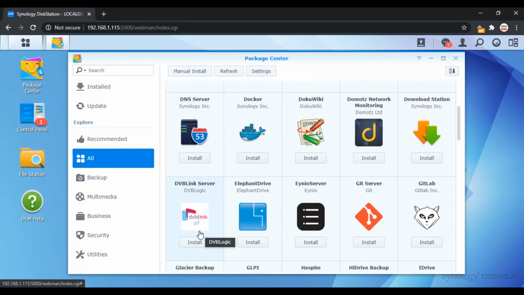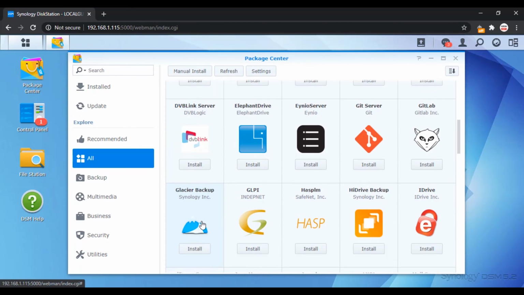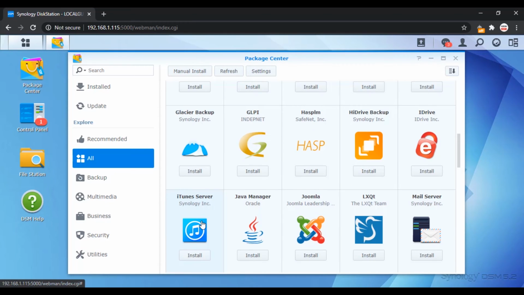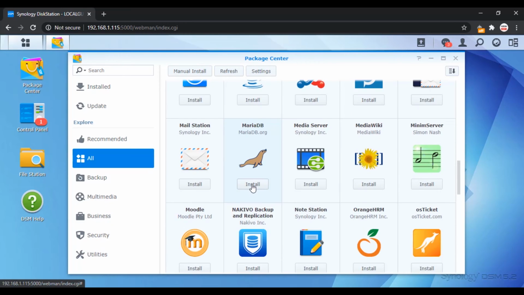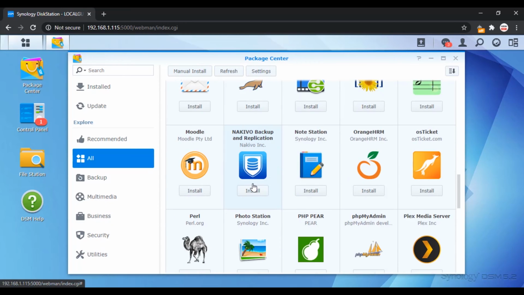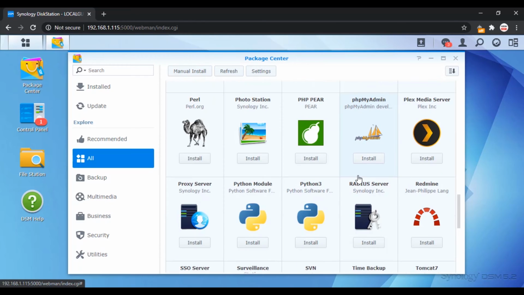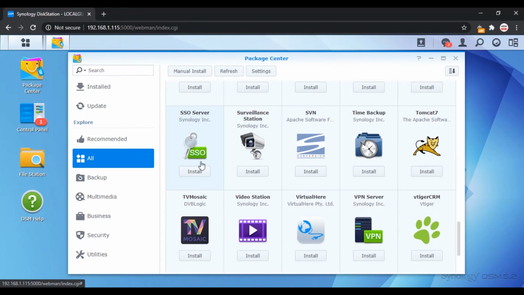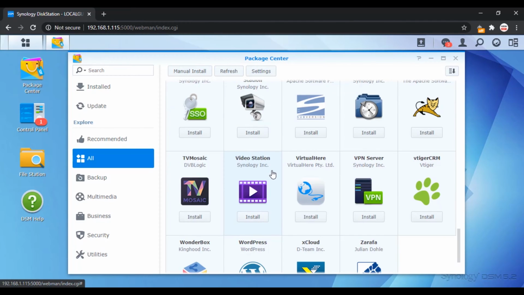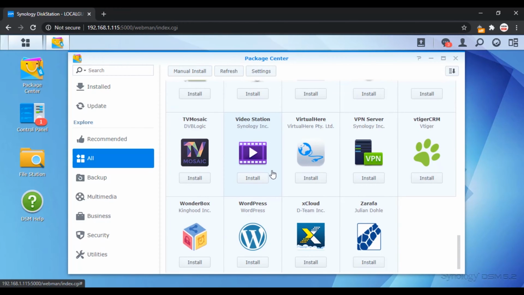You can also create your own DNS server, directory server with LDAP services, mail server and many more features. You can also create and host your own website or blog using popular CMS like WordPress and Joomla. You can create a database server using PHPMyAdmin and MariaDB. You can also record your CCTV camera footage directly onto the NAS server.